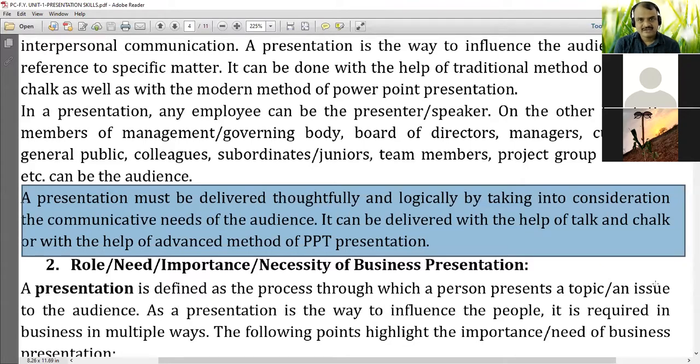While working in that organization, if you have not assigned any duty to an employee and you are asking about the completion of that project or work, then there is no logic. In the same way, you have to be very logical, very thoughtful during that presentation.